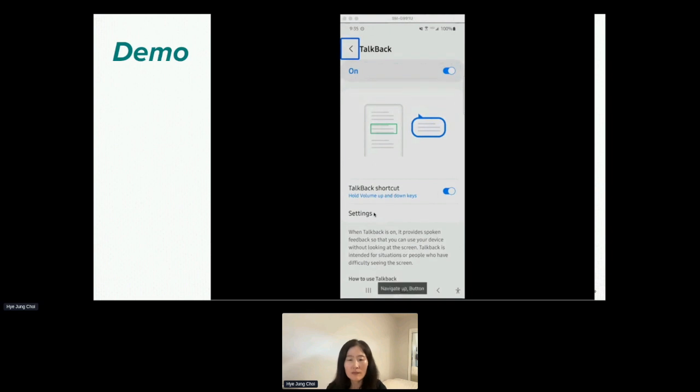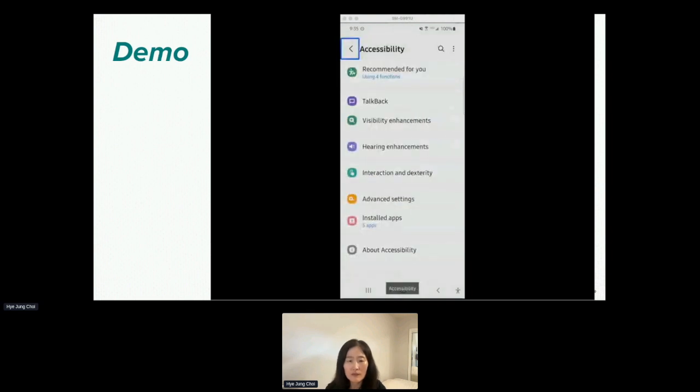First, you can see from the bottom here, in my system navigation bar, the accessibility icon. To make a shortcut for the accessibility setting itself, if you click this accessibility shortcut, it will actually open up this accessibility menu screen itself. In order to make that option, you go to the